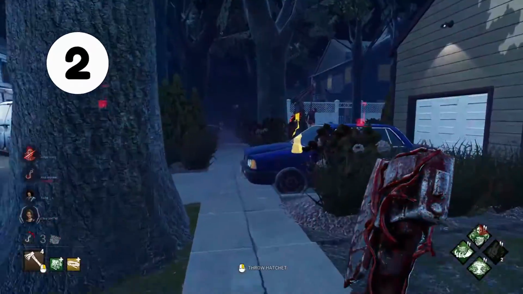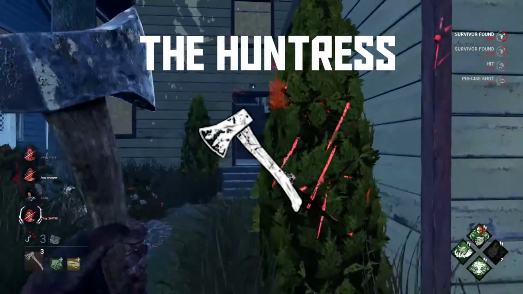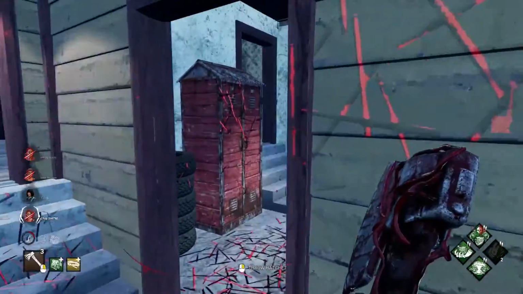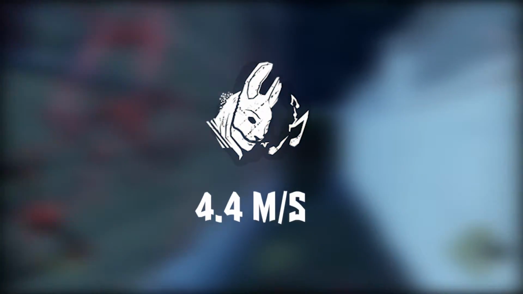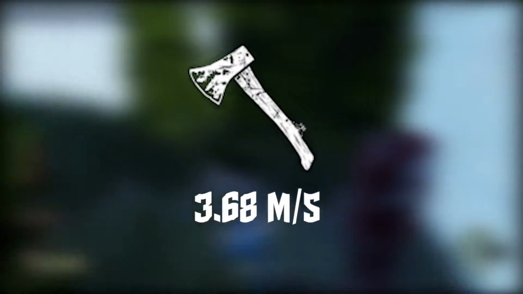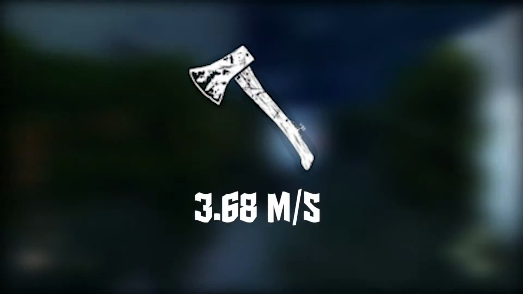Coming right up next into our number 2 slot is the Huntress. Though the Huntress may seem like a pretty straightforward killer, don't be fooled. The Huntress has a slow base movement speed of 4.4 meters per second, but it gets worse. While carrying a hatchet, the Huntress has a 3.68 meters per second movement speed, making her even slower than the